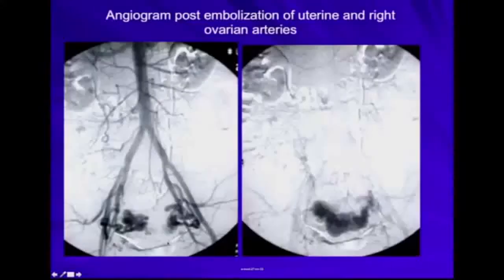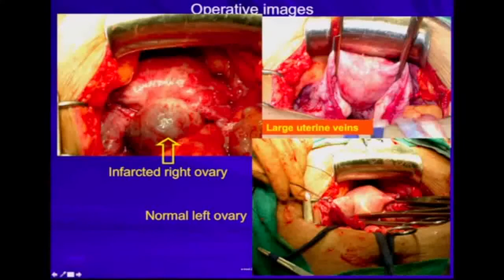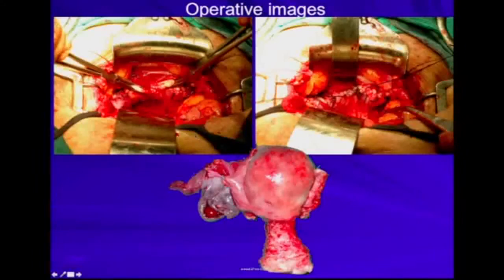So this patient needs surgery. Post-angiography, they embolize the uterine and right ovarian arteries in order to control the flow prior to surgery. And here you can see some of the coils that were put in. They then took her to surgery. So here you can see the uterus and the right ovary, the enlarged right ovary. Here you can see the uterus and the left ovary, normal left ovary and enlarged right ovary. They removed the uterus